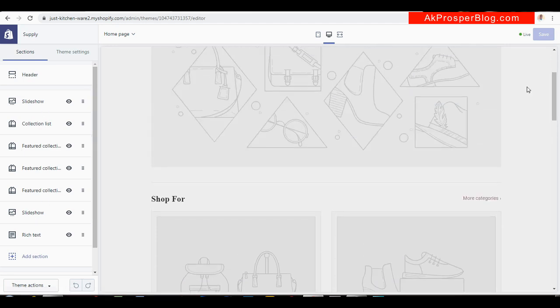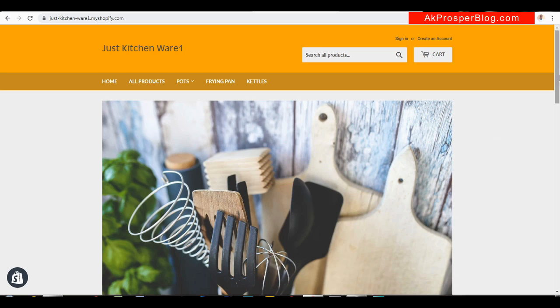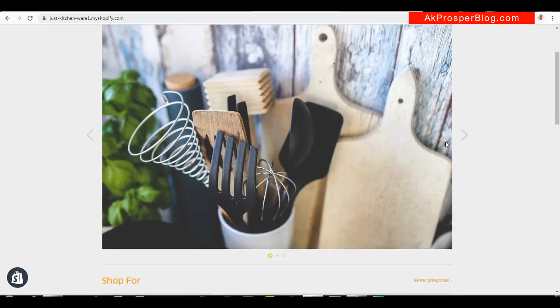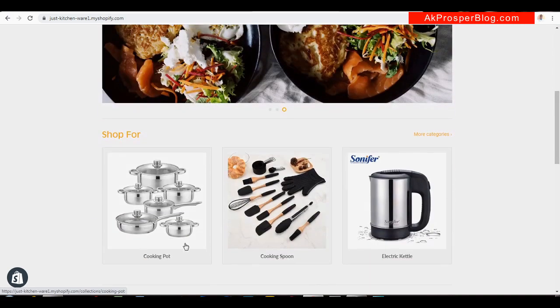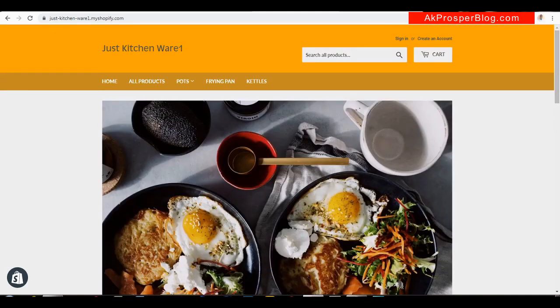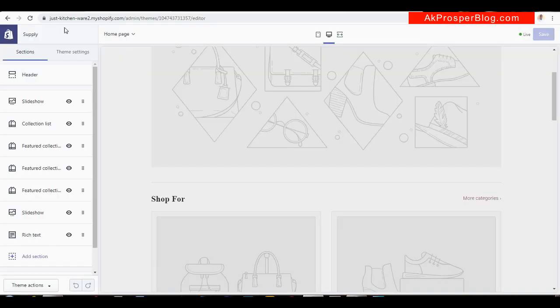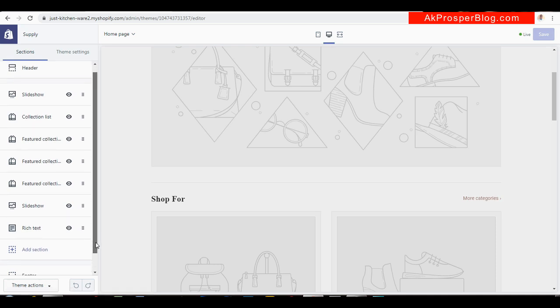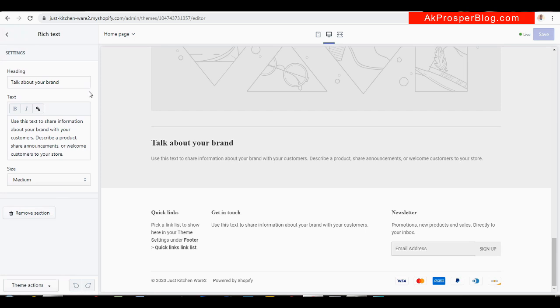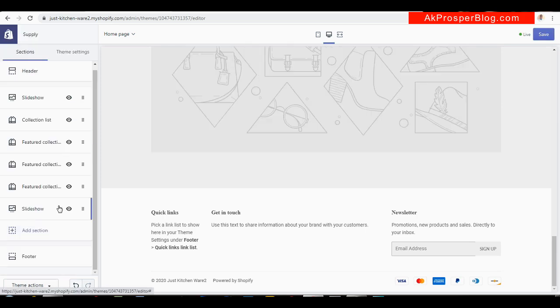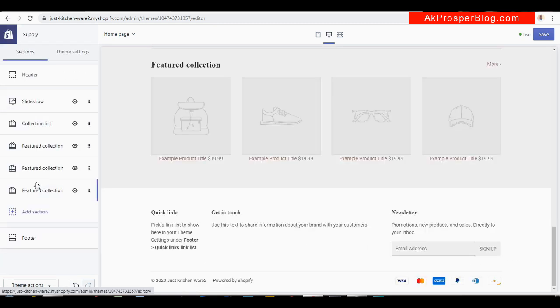Let's look at it from here. This is the slideshow, and this is a collection list. We are going to set everything up properly. For the slideshow, first I like to get rid of everything so that I can start afresh. So let me just click on them and then remove section, so we can add it ourselves. Remove section, remove section,